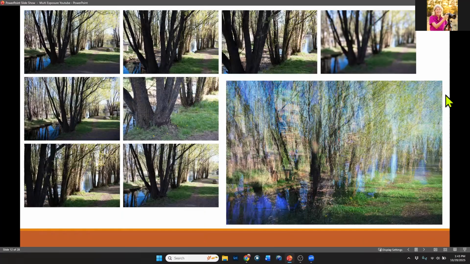A couple more examples. In this one, I moved forward, moved back, zoomed in, zoomed out. I even shot an image that was slightly out of focus. And I like to do that quite often because I find that just sort of fills in if there's a blank area. And so in this case, I took 8 images using the average mode, and this is what the